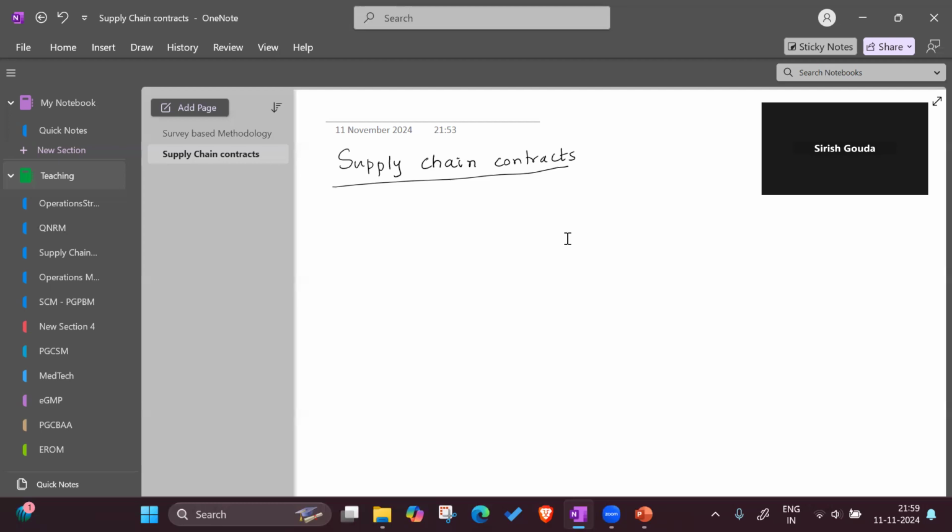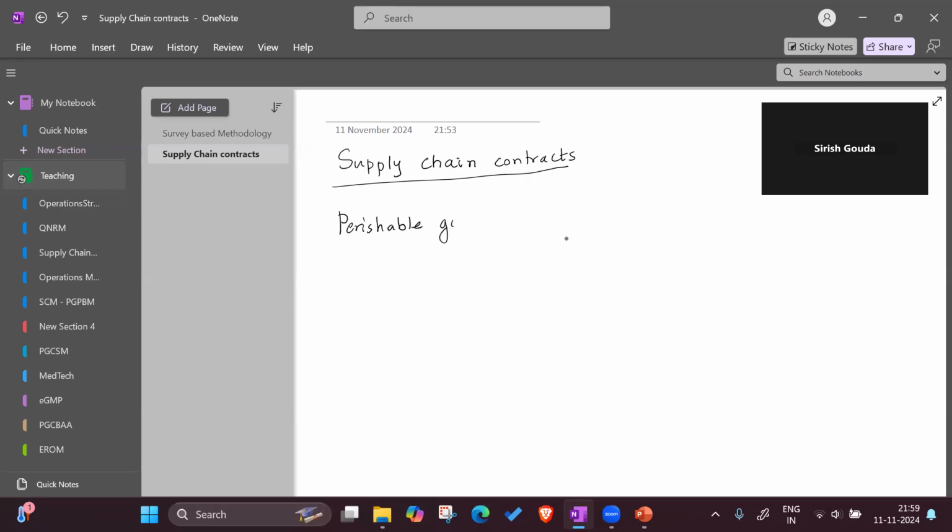Now, to understand why supply chain contracts are important, we will take a particular context that we are all familiar with. That is the Newsvendor context, right? All that we know about the Newsvendor from whatever we have discussed in operations management is that it is for a perishable good,